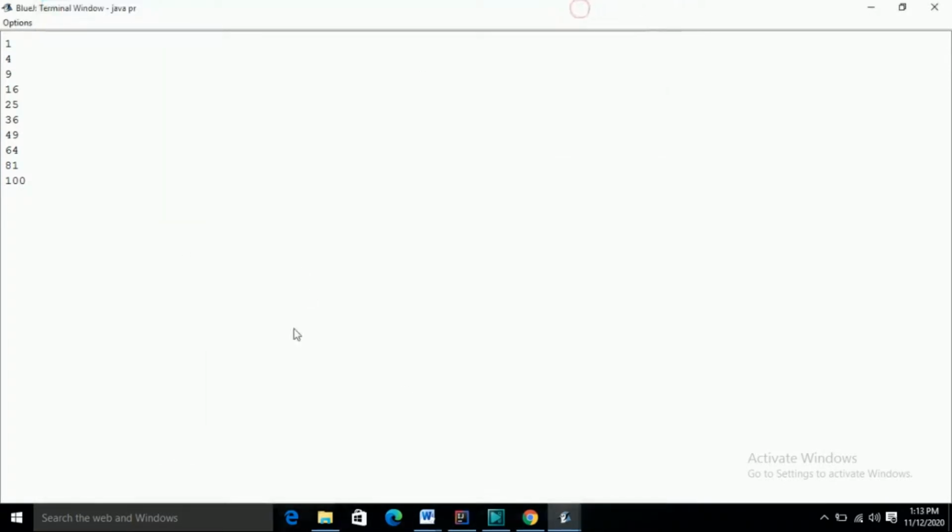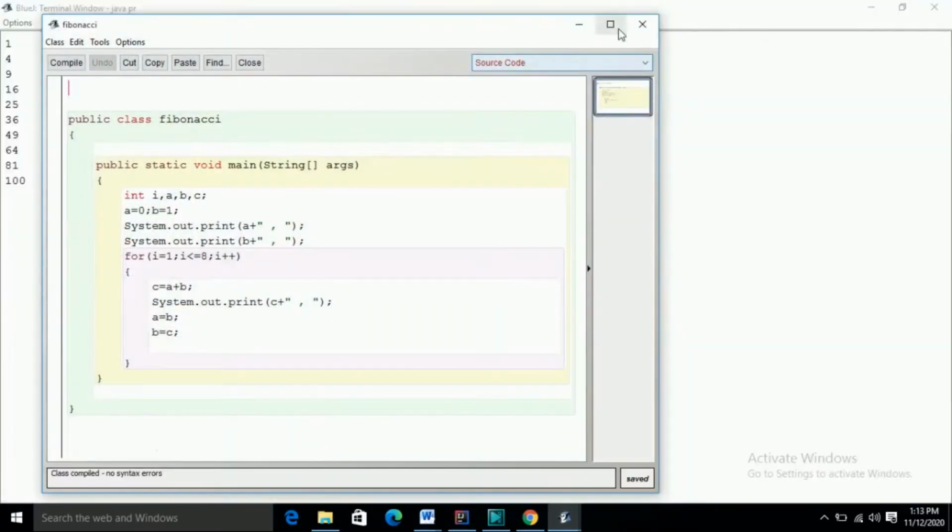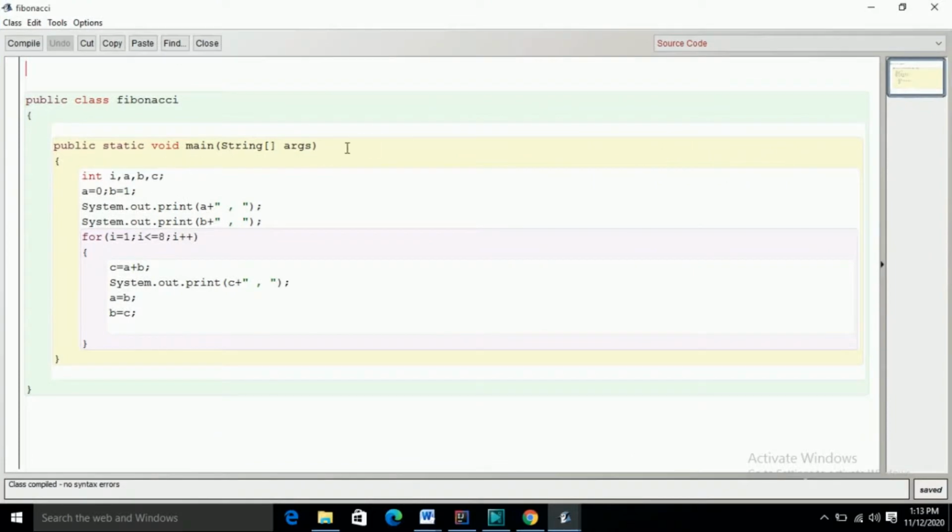Now if I want to print one of the famous series, that is the Fibonacci series. So here's the program. In the Fibonacci series, the sum of the first two consecutive terms is the next one. That means I'm showing you the series here. I'll just rub it out afterwards. So it will go like this: first value is 0, then comma 1, comma 1, comma 2, comma 3, 5, comma 8, and so on. I'm just writing it for your convenience.